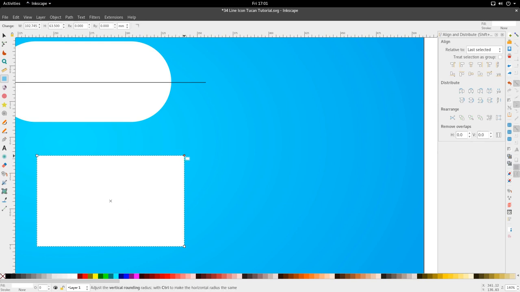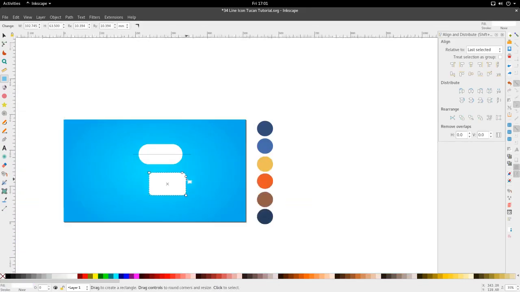And if you left click and you hold control and drag, this will make the 4 vertices of the box become rounded, and they'll be rounded proportionately. If you don't hold control, then they won't be rounded proportionally, and you'll get one side rounded and the other side not rounded. So I want mine perfectly rounded,